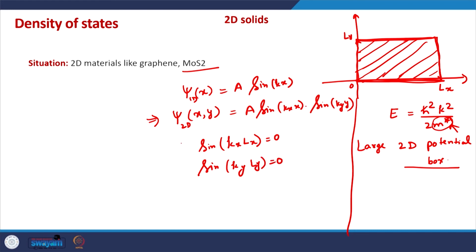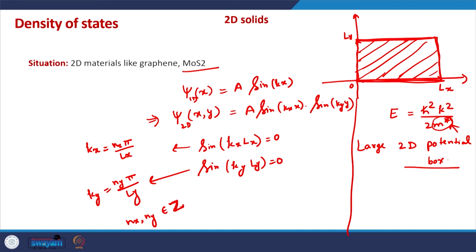This is from the derivation of the particle in a box case, and from here we deduce the allowed k values: kx is nx pi by Lx, and ky is ny pi by Ly,